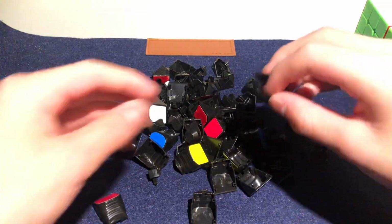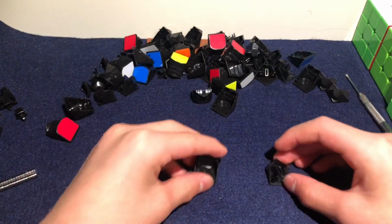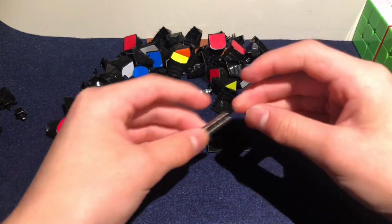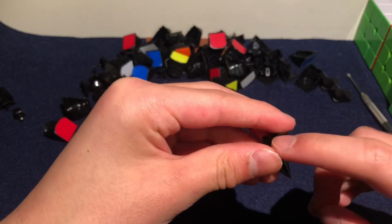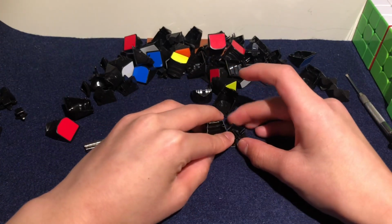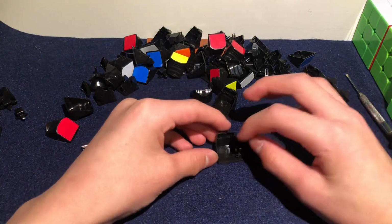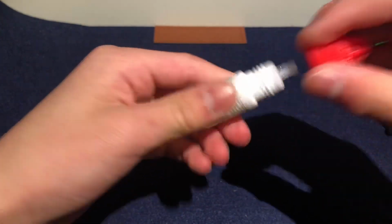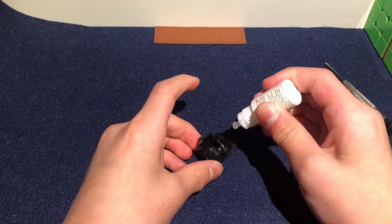So start off by getting an edge piece and a corner, and just set all the other pieces aside. Place them together. Take one magnet and drop it in the edge, and one magnet and drop it in this slot of the corner. Make sure they are aligned. And now you'll need some super glue, and just put the glue in. So you take your super glue, unscrew the lid, and just get both sides of the